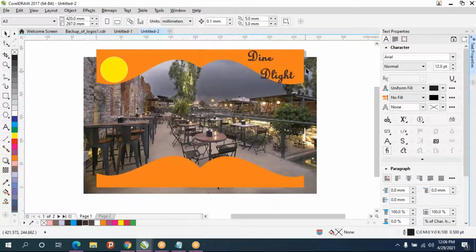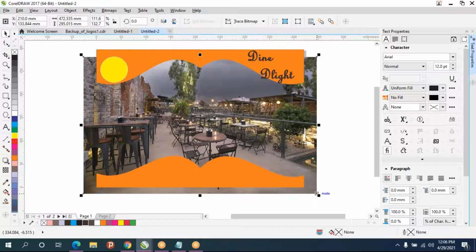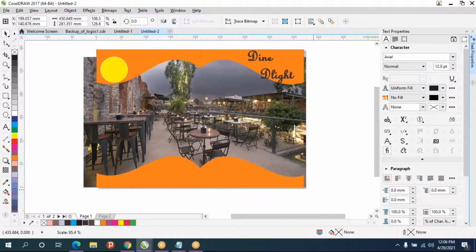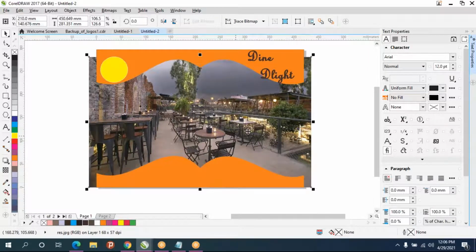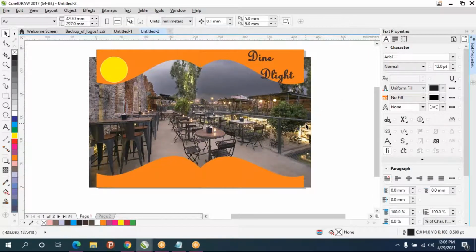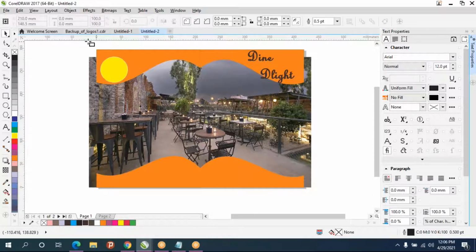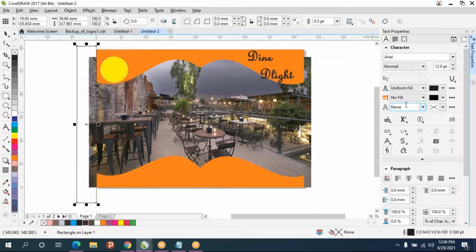Don't worry, and this thing won't come in the output. Okay, or else you apply some white color in this if it is disturbing you.